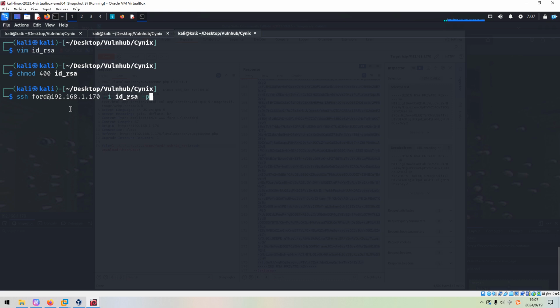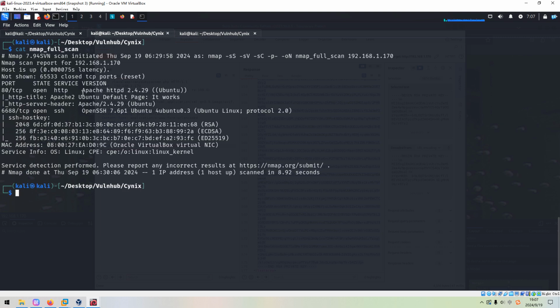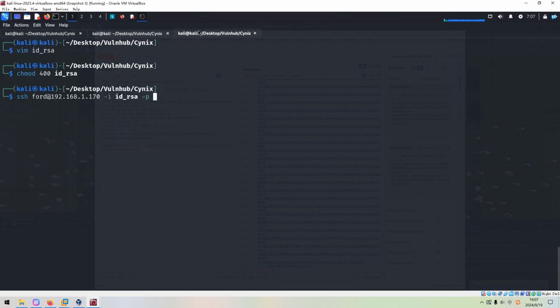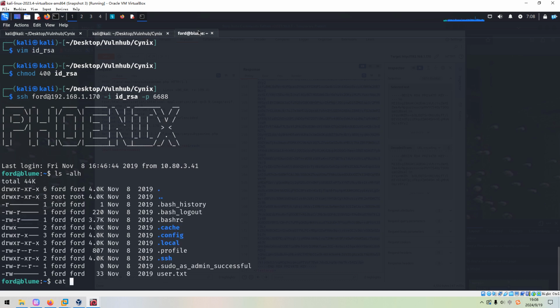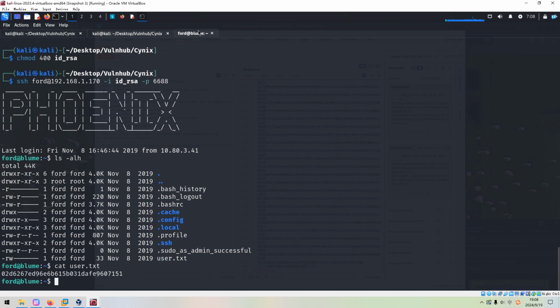We can use the P option to specify the port number. So what's the port number? I cannot remember. 6688. Okay. As you can see, we successfully log in to the target. And now we can grab the user flag without any problem.